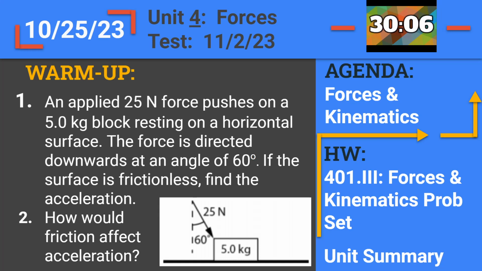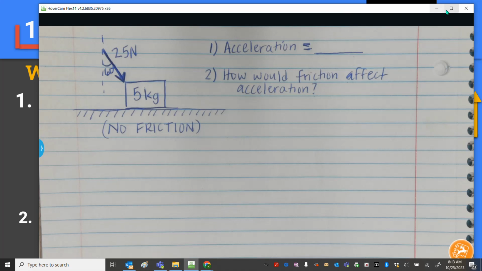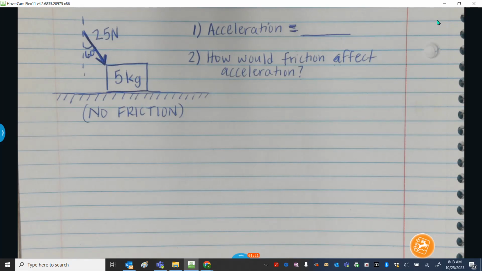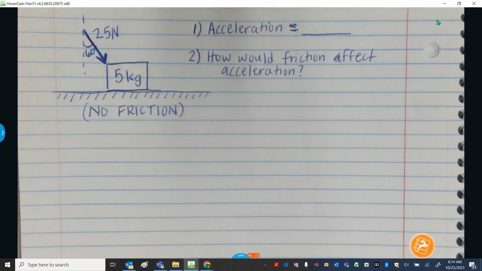But let me go ahead and bring up my document camera so that I can work out the problem that you see on my screen right now. So we're going to go over the warm-up, and then, like I said, we will go ahead and get into today's notes. I redrew the warm-up question on my paper so that I could work it out here. But it asked about a 25 Newton force being applied to a 5 kilogram block or box, I forget what